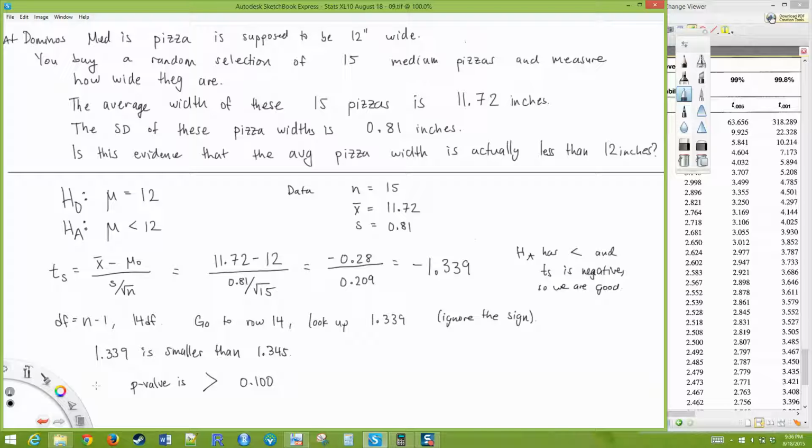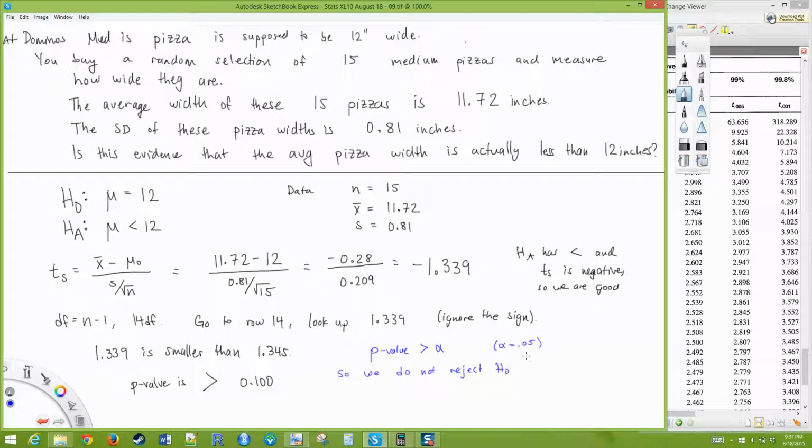If I'm assuming alpha is 5%, is my p-value bigger or smaller than 5%? It's bigger than 5%, right? My p-value is bigger than 10% here, 0.100. So my p-value is bigger than 5%, right? So p-value is greater than alpha, if alpha is equal to 0.05. So what do we do? We do not reject